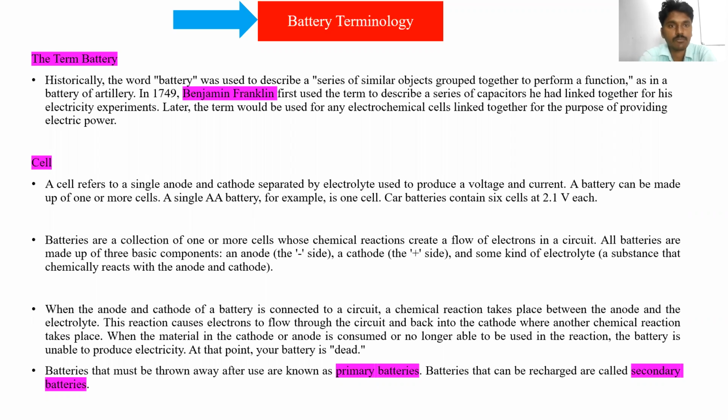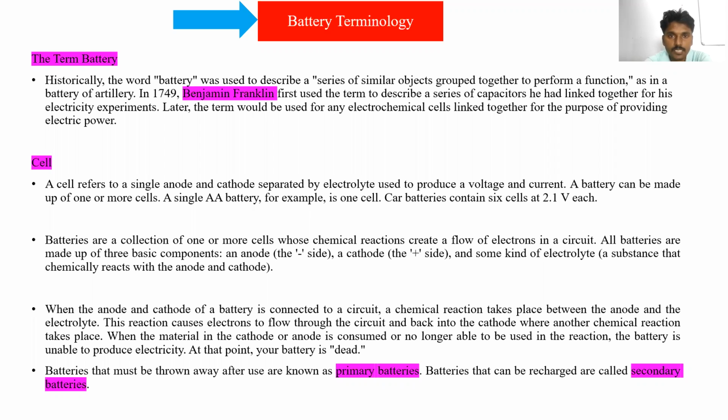Historically, the word battery was used to describe a series of similar objects grouped together to perform a function. It means we have to take two similar objects, and these two objects are grouped together to perform some specific function. Is it clear? In 1749, the scientist Benjamin Franklin first used the term